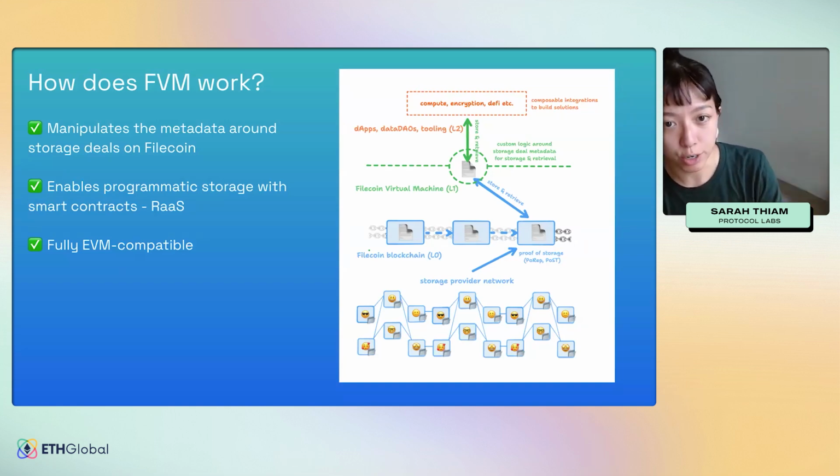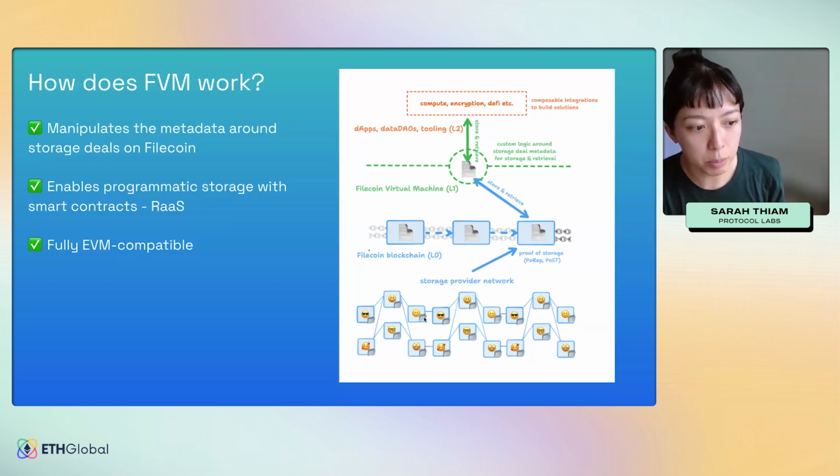If you look at this diagram on your right, to give you a sense, the SP network is here. Storage providers are the ones storing data. The Filecoin blockchain is the one that represents all the storage deals that are made. And then the Filecoin Virtual Machine allows you to manipulate the metadata of your storage deal that is represented on Filecoin. All this does not touch your actual data. Your actual data is going to be sitting separately. Maybe your storage provider will collect your data from an IPFS buffer. That is where you store your data off-chain, the bigger data file, but it's represented on-chain and then manipulated by the FVM. That allows you to then run different dapps such as compute, encryption, DeFi, data DAOs, and more.